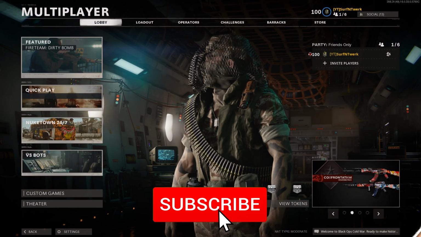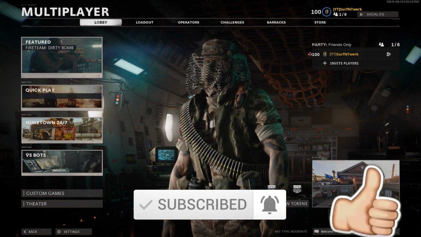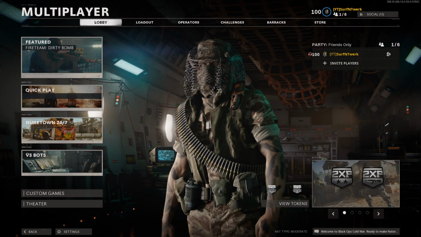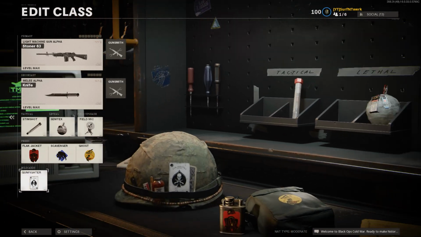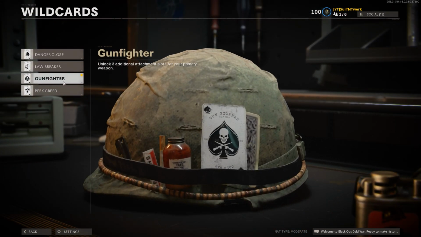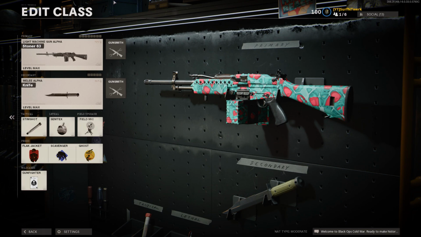Today I'm going to show you the best loadout for the Stoner 63 in multiplayer. We're going to be using 8 attachments as well, so make sure we go to Loadout, go to create a class, make sure we have that wildcard gunfighter on. It'll give you 3 additional attachment slots for your primary weapon, meaning you get 3 extra attachments, so 8 attachments total for the Stoner. And I feel like LMGs haven't been really played with a lot in multiplayer, so this